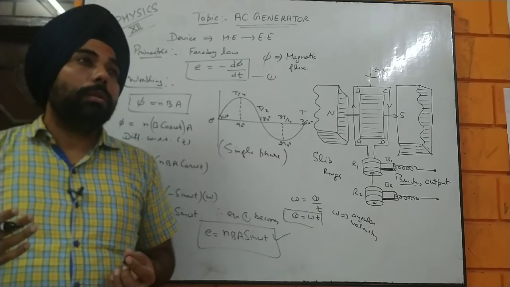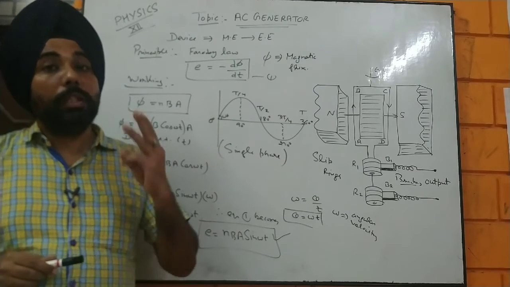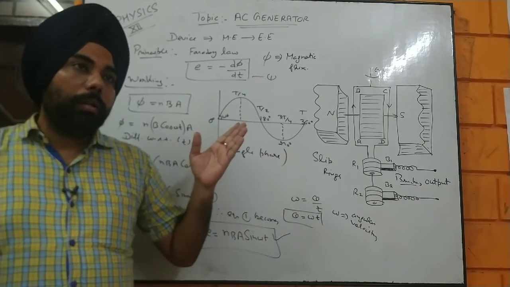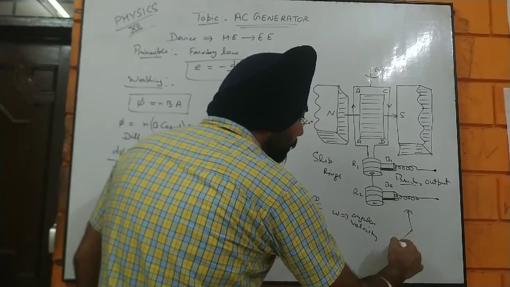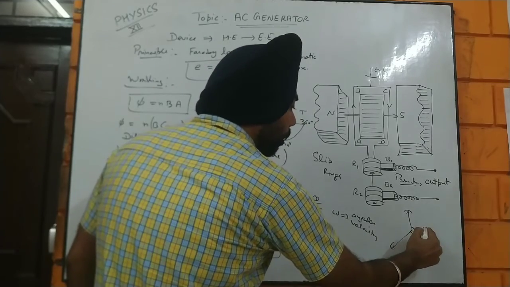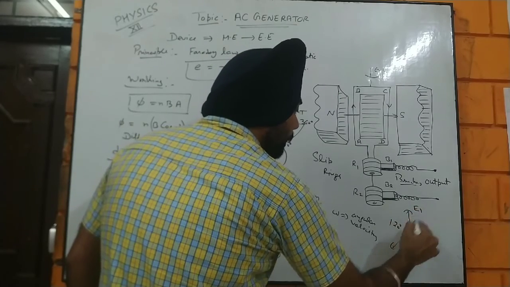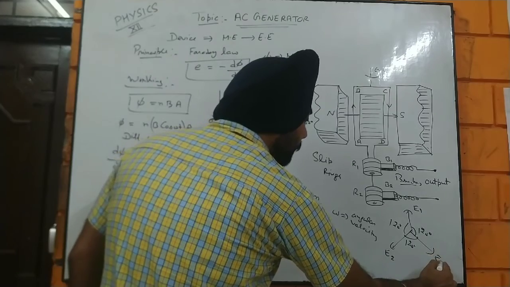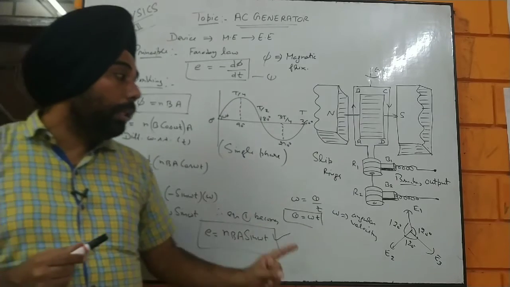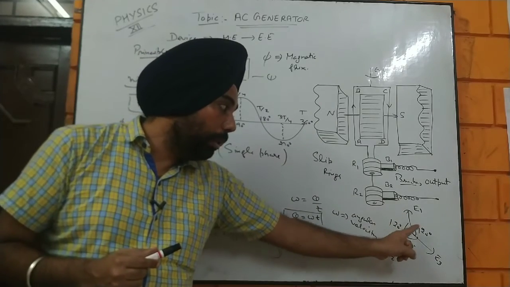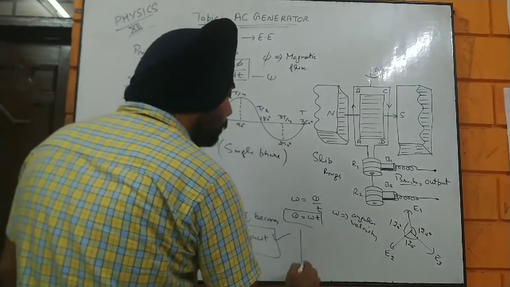Now what about the three phase generators? In three phase generators there are always going to be three coils which are going to be on each other with the same angle. So obviously each angle is going to be of 120 degree. So that is E1, that is E2, that is E3. That is how a three-phase generator works out. So there are going to be three rings, and obviously three coils are going to be at an angle of 120 degree each.